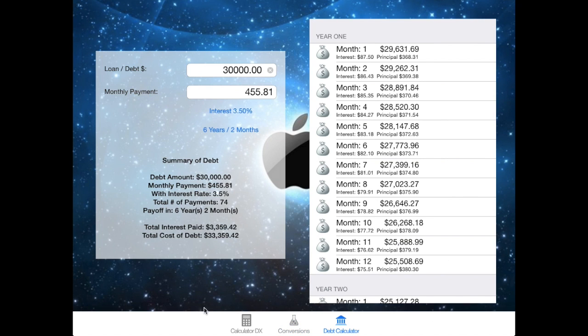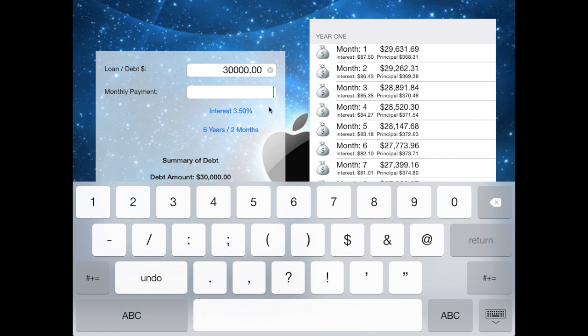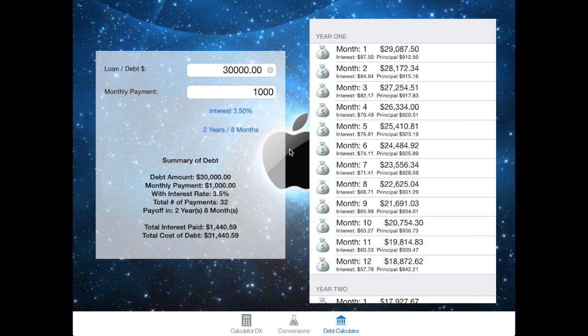Our debt calculator allows you to calculate debt. Your payment is $455.81 a month at 3.5% interest. It'll take you 6 years, 2 months to pay this off. I can also change this and say I want to pay $1,000 a month. It's now going to take me 2 years, 8 months to pay off this $100,000 loan at a 3.5% interest